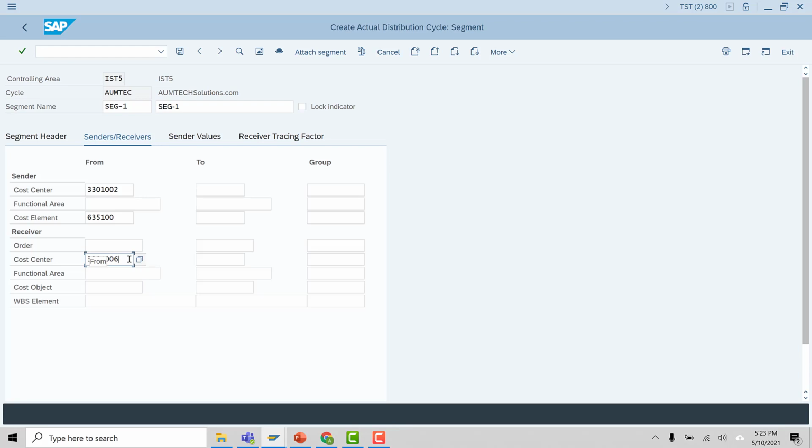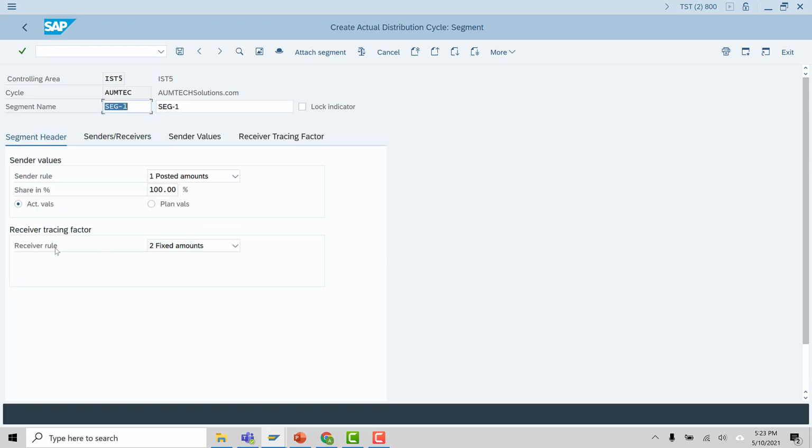So let's take 06. Again, I have taken one cost center here. However, you can assign a cost center group. We have already discussed that cost center group you can create in KSH1, right? So that's a group of cost centers. You can create a group of cost centers and assign it here. But for this tutorial purpose, I have taken one cost center.